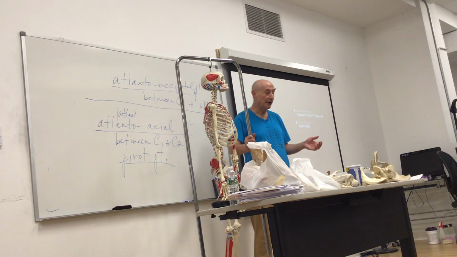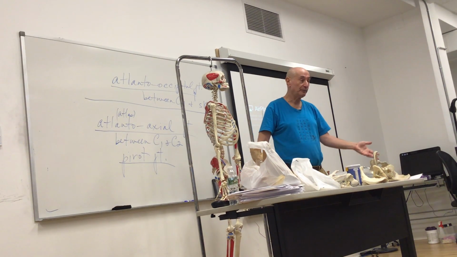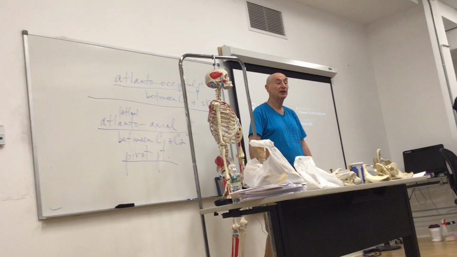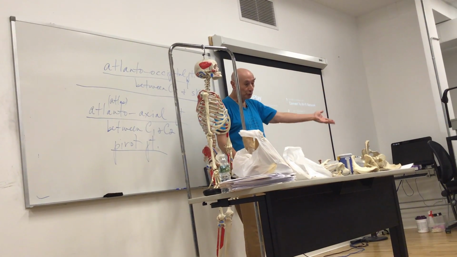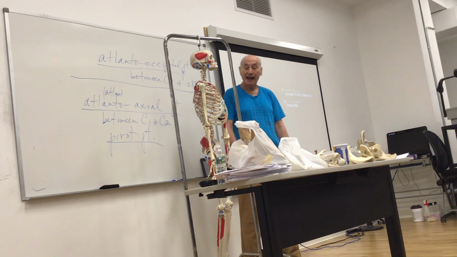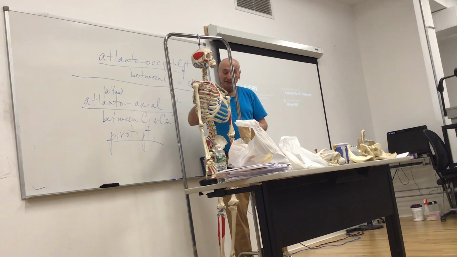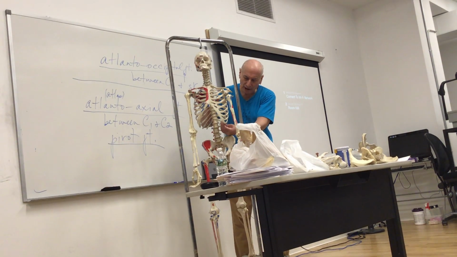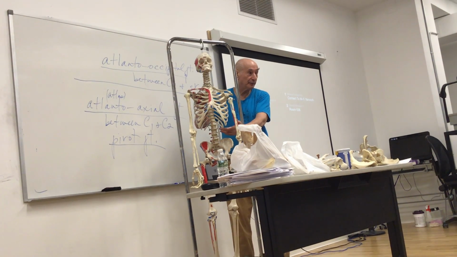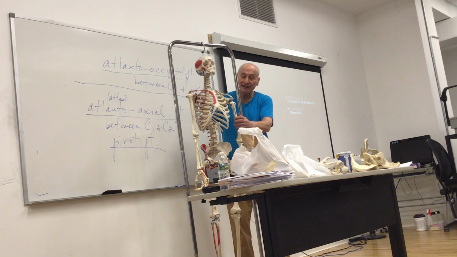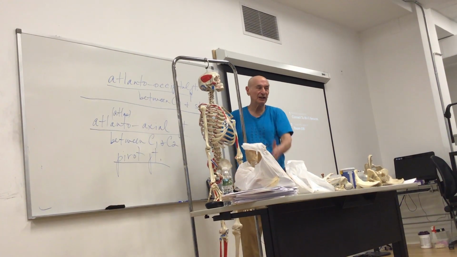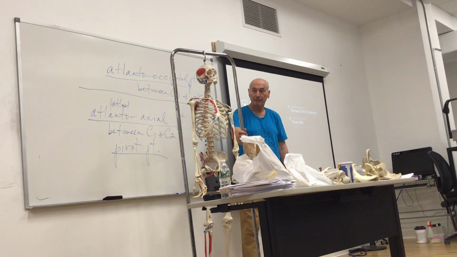There are 5 pairs of false ribs, but you just need to know 8 through 12. That's 8, 9, 10, 11, and 12. So just know 1 through 7, true ribs, pairs, 8 through 12, false ribs, pairs. And that's good enough. And then, it's hard to ask this, but 11 and 12 are floating. They're false, but only 11 and 12 are floating ribs. They're still false and floating. 8, 9, and 10 connect indirectly. They're false, but they connect indirectly by overlying costal cartilage to sternum.